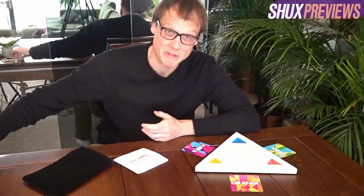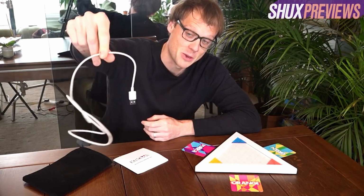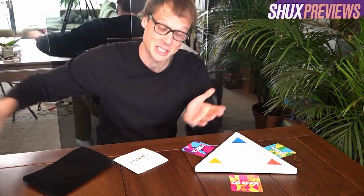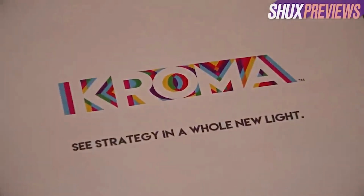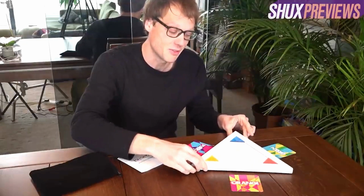Up next, we've got something rather different for you. This is, I think, the first board game I've played that comes with a charging cable. This is Kroma, published by Breaking Games. It's an early prototype. We've got a triangular board, and it's a little three-dimensional, and the reason for that is,